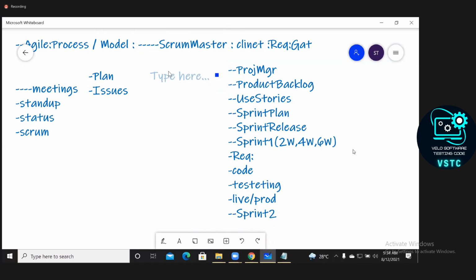Because in this particular stand-up meeting, the manager will be available, leads will be available, the development lead, the testing lead, and then developers will be available. After that, testers also will be available. As all the people are available, in case of any project related